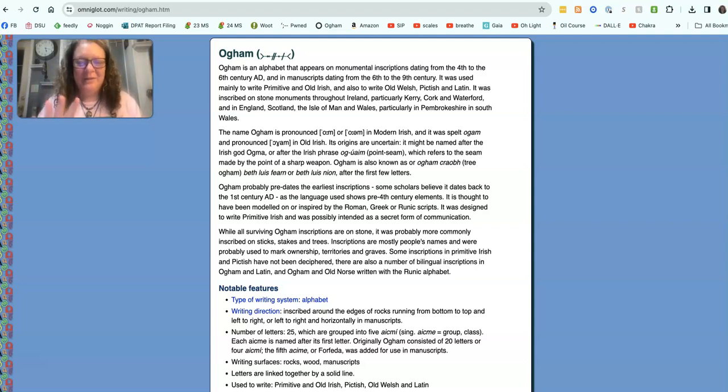Ogham. I am not a linguist. I am an English professor, but I'm an Americanist, so I focus on American literature and British literature, but more American literature. But I'm not a linguist. So I just became very interested in Ogham because I'm interested in the Elder Futhark, and I like ancient writing systems. I'm a little bit Irish, I'm a little bit Scottish, so these two alphabets resonate with me.